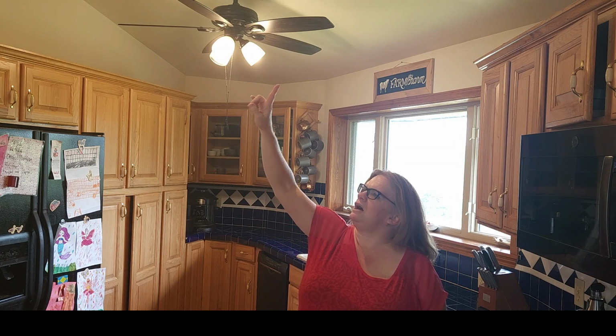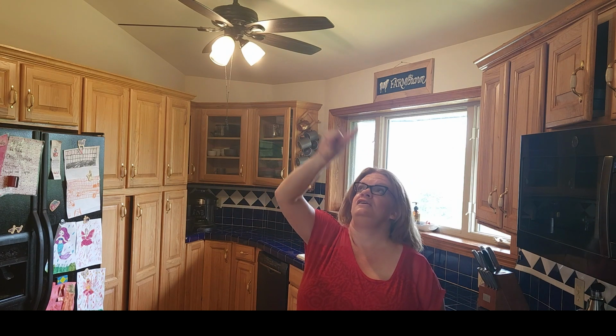One of the reasons I want to add beams to the ceiling, yes, it's very much in style. I also really like it. We're also in the mountains, so I feel like it goes with the rustic vibe or lodge or whatever. That's not really my taste, but I do feel like it goes well. I'm more of a French country kind of interest, but at the same time I like eclectic, so mix it up. But I did think that because the ceilings are pretty high, at the highest point they're like 11 or 12 feet,